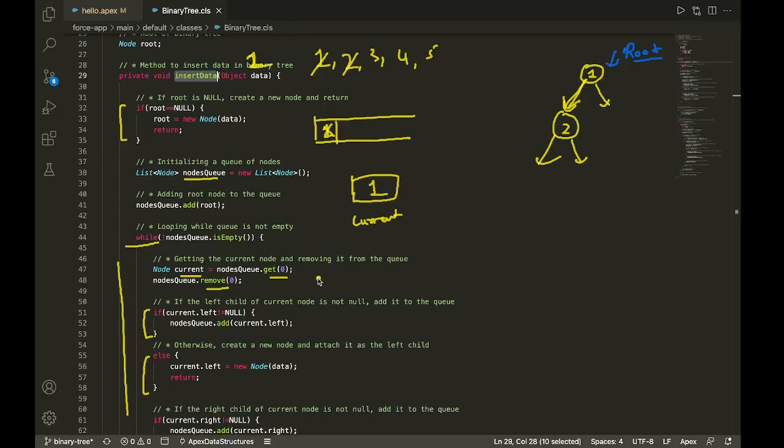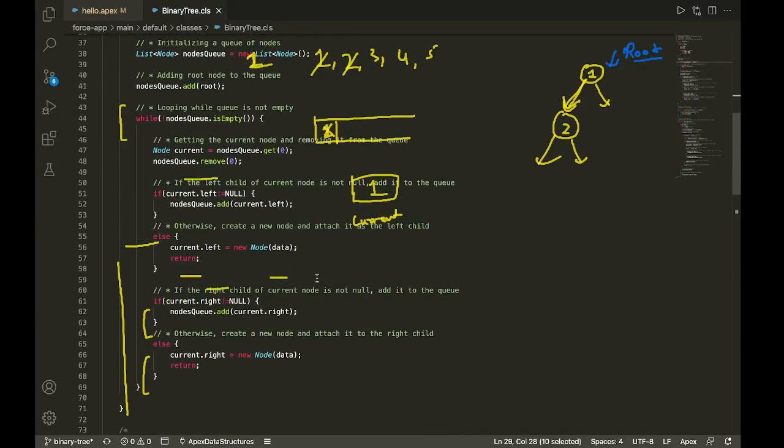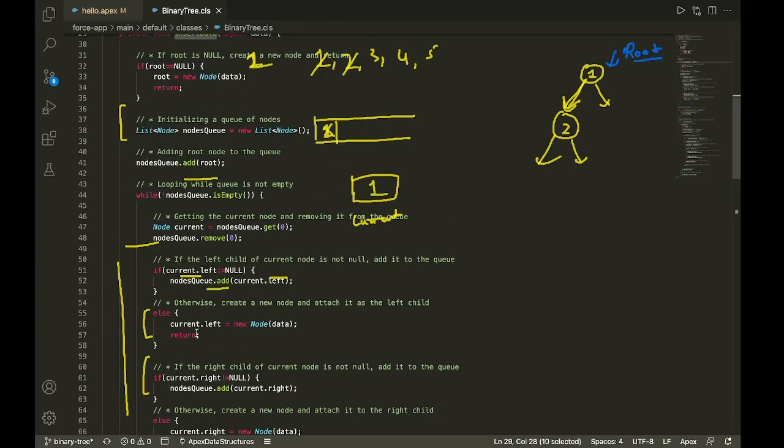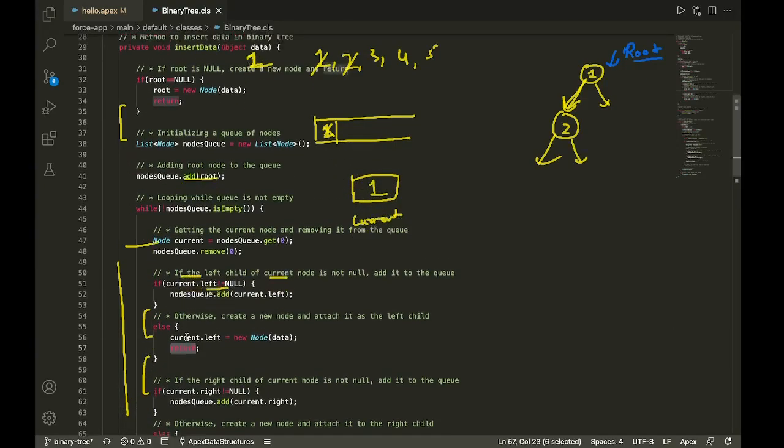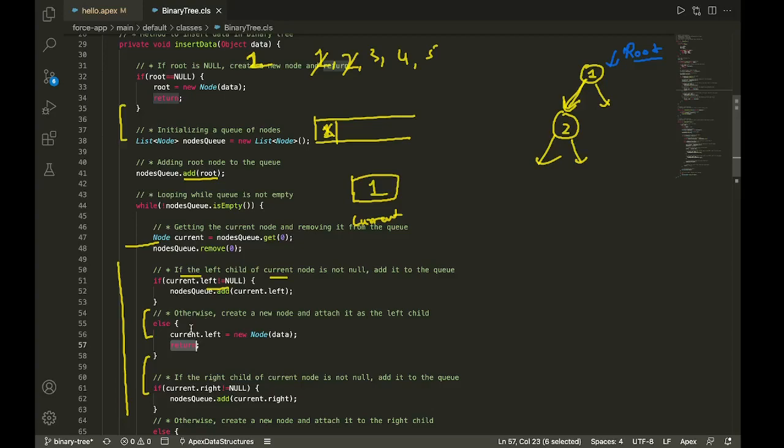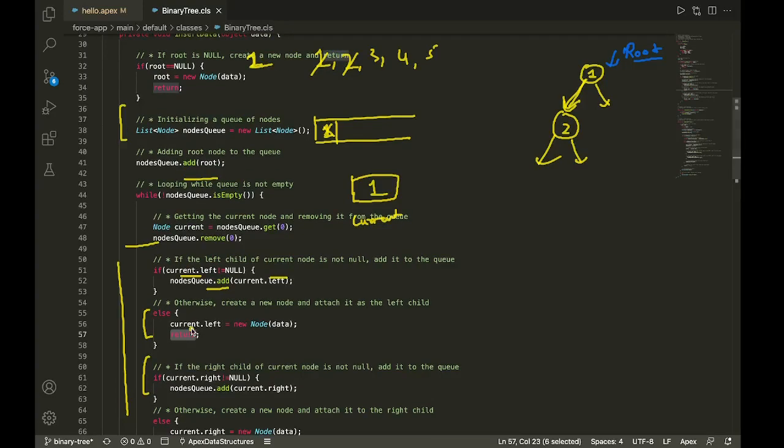And after that, there are some other conditions as well, which we are not going to consider as of now, because we are already returning from this particular condition, right? So we are already returning from here. Okay, so let's see what happens when 3 is coming up. So this is done because we have already returned from the method.